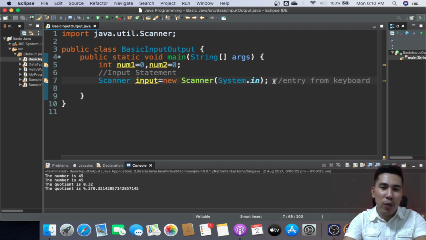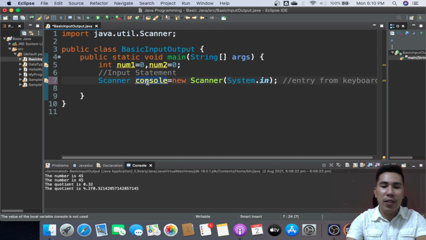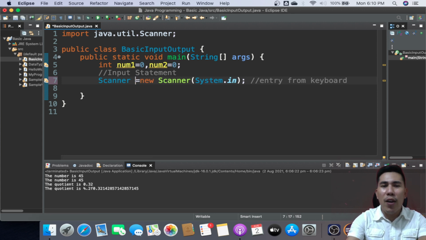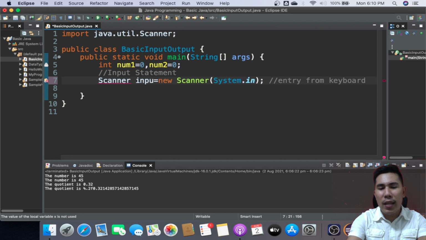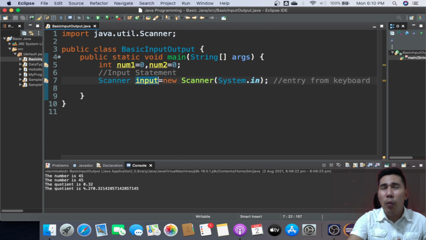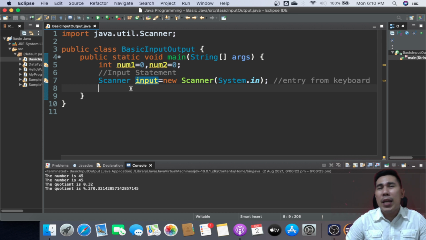So meaning it's going to be typed by the user. So System.in or start with input. You can again change this to console, change to X, okay? But more importantly, in Java, what I could recommend to each and every one is that you give a meaningful